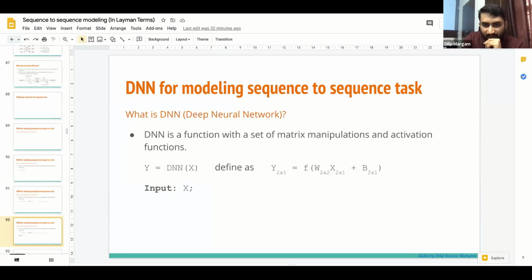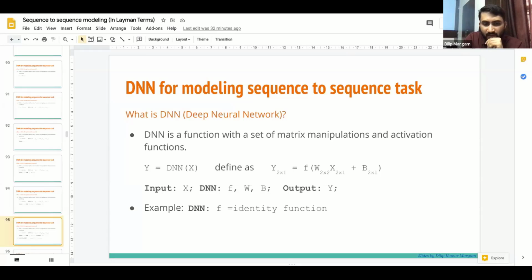Our input is X and the DNN is defined as F, W and B. W and B are weight and bias matrices, and F is an activation function, and we get output Y. What happens is X is multiplied with W and we add the result with B and then apply the activation function.